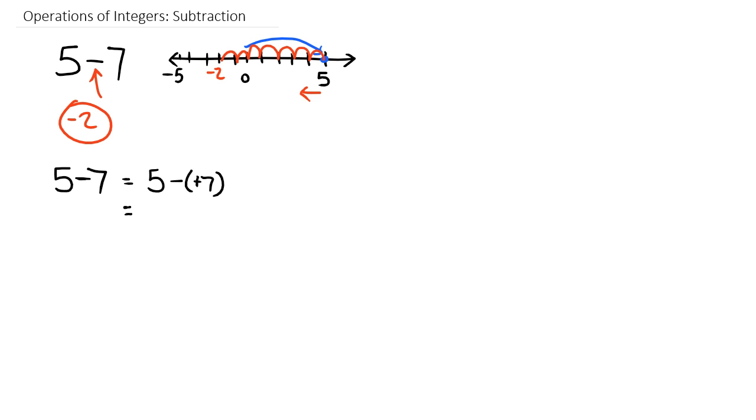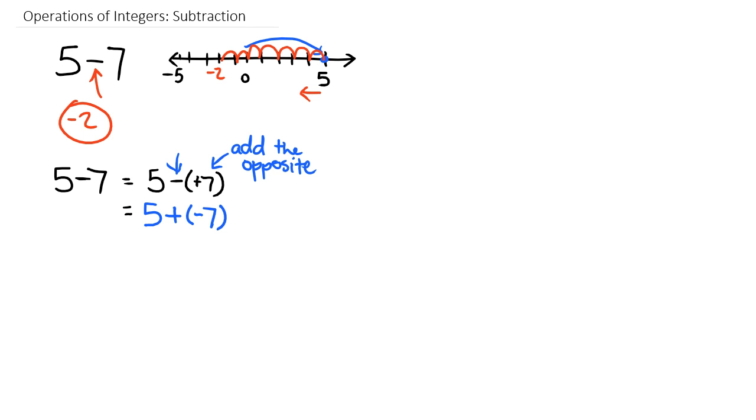What we could do with this then is say, since we're subtracting, we can add the opposite of this one. So in this case, you're adding a -7. So add the opposite. So instead of it being 5 minus 7, we're actually saying 5 plus a -7. And so then we can apply those rules that we talked about with addition, saying that if we have a different sign, because we have a positive 5 and a -7,